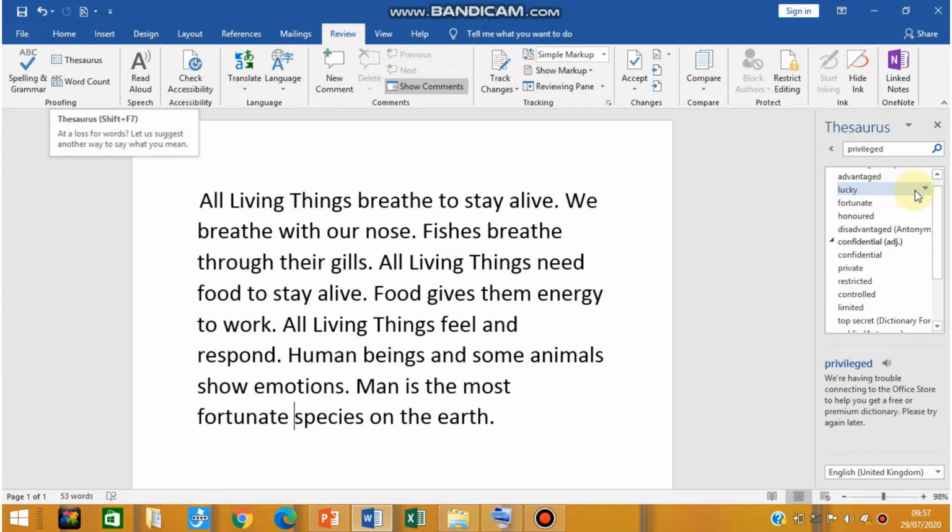After doing that, you can see a drop down arrow against that word, and when you click on that drop down arrow, from the two options you have to select Insert, and after doing that you can see that your selected word has been replaced by the new word. In this way you can use the thesaurus for your MS Word document.